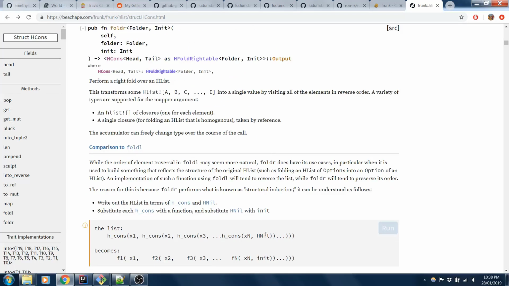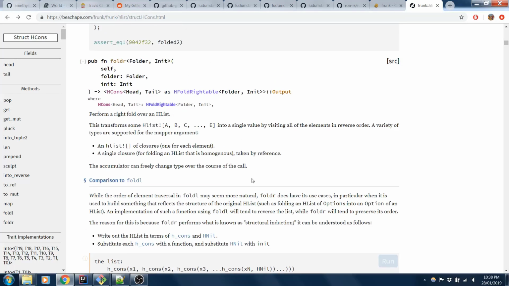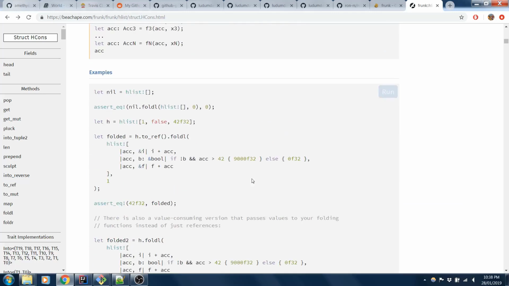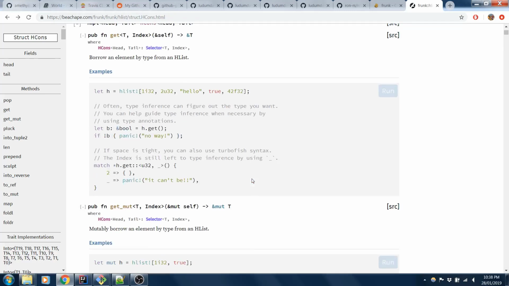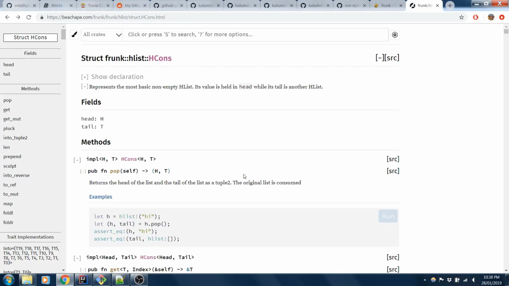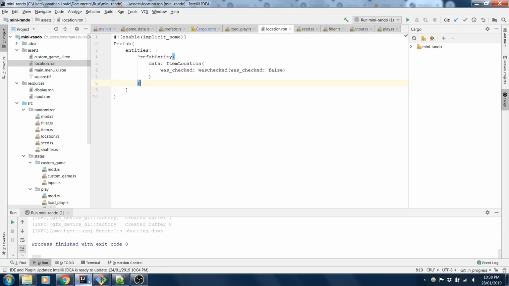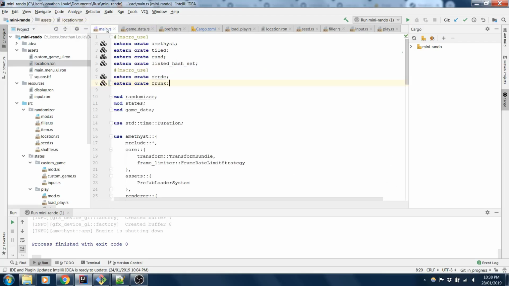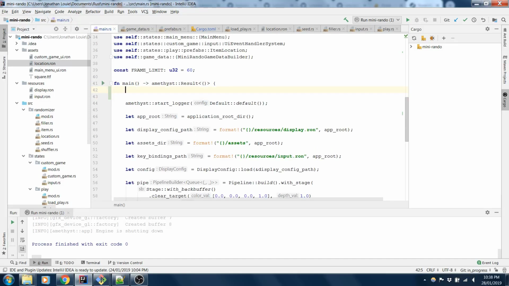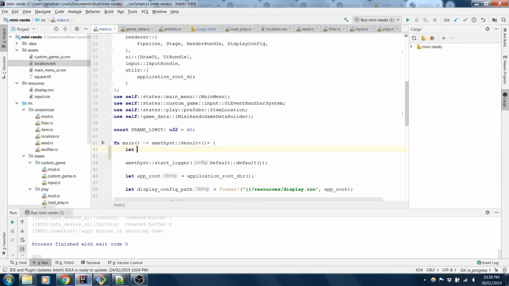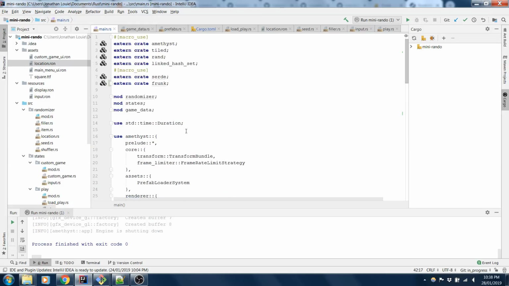Yeah, and then there's hnil. So we'll try and do a bunch of hcons, hnil. See if we can even construct that. And if I can do that much, then maybe we'll actually have something. I don't know. So I guess first off, I'm going to try and insert an HList right here. So we're going to use Frunk's hcons and